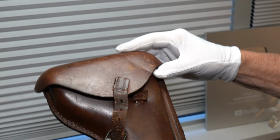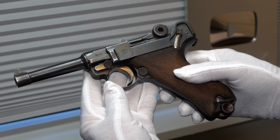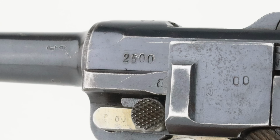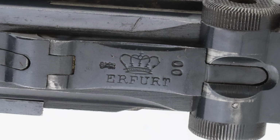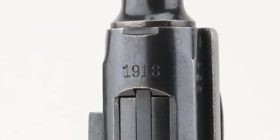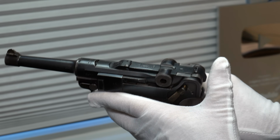You can see this side has a little bit of scuffing. Then we go to the gun itself. Beautiful finish. And one thing I really like about this is the even number, 2500. It is Erfurt made. Right here on the rear toggle link, you can see Erfurt marking. Erfurt made in 1918. So at the end of World War I, made for World War I, but probably never